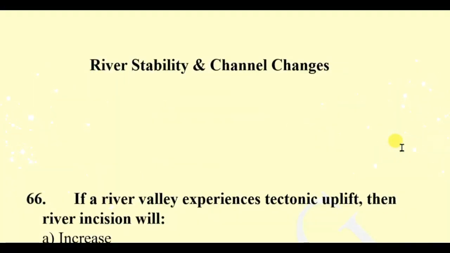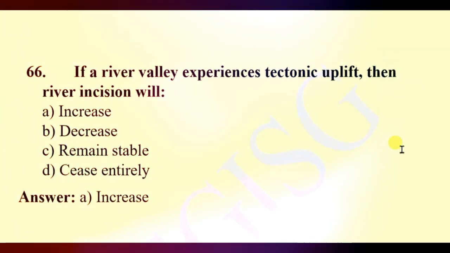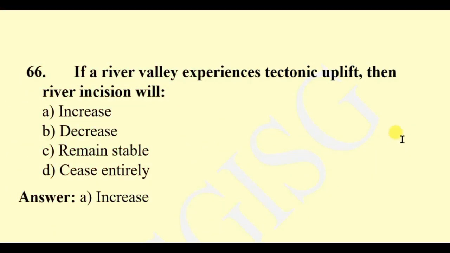River stability and channel changes. Question 66. If a river valley experiences tectonic uplift, then river incision will increase, decrease, remain stable, or cease entirely. Here the right answer will be increase, because of the more